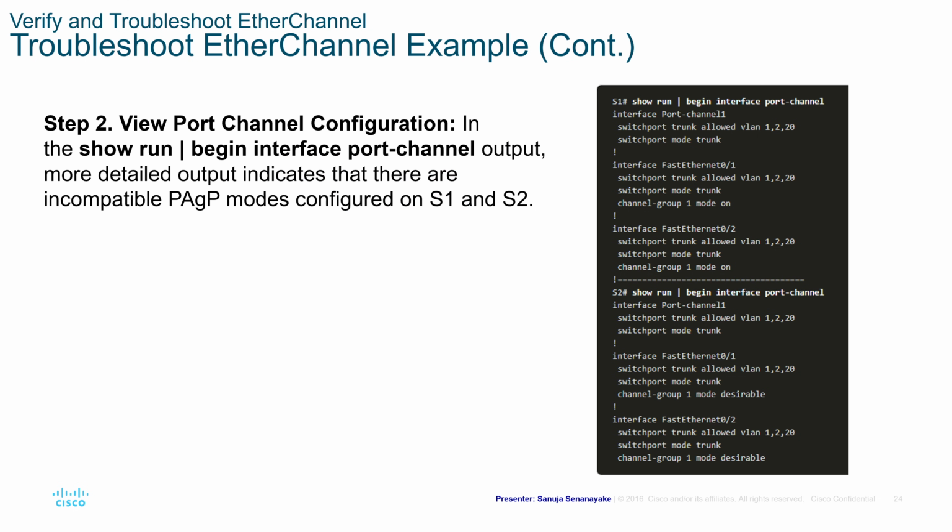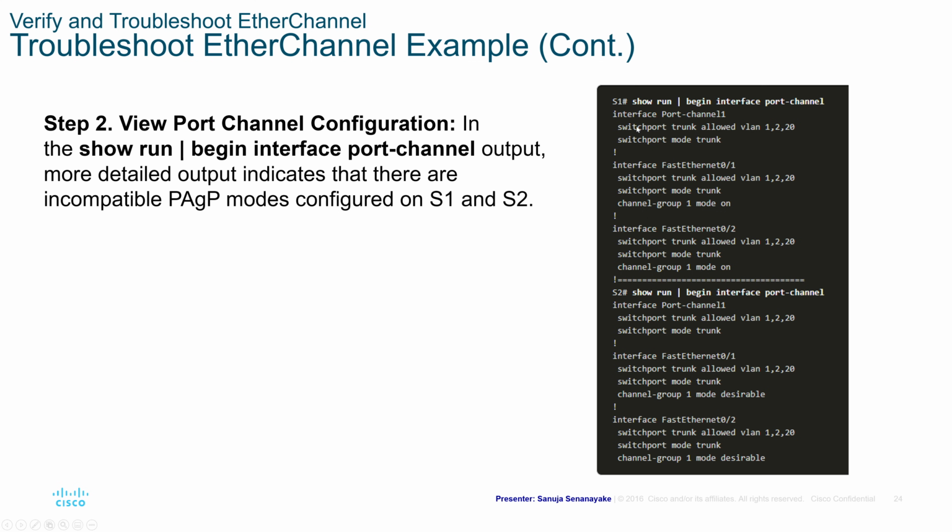Step 2, view port channel configuration. The show run | begin interface port-channel output will give you a more detailed output that indicates there are incompatible PAgP modes configured on switches S1 and S2. So you enter show run | begin interface port-channel here, and then on switch 2 you're going to run the same command and then you will get that information about PAgP modes. And you can see the PAgP modes are not